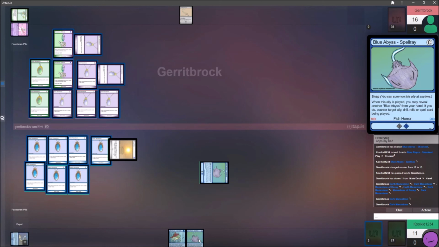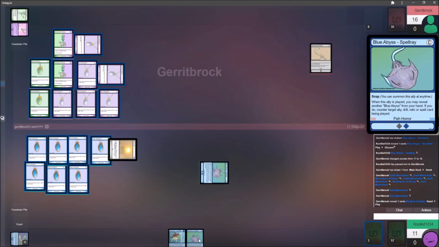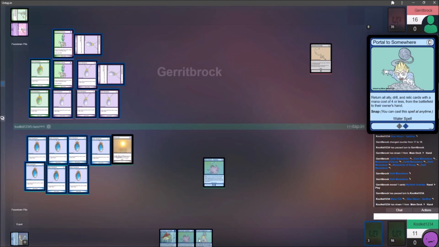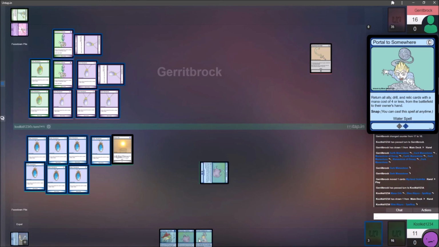So, here comes the Scimitar. I'm guessing Kool Kid is just going to counter it. Nope, doesn't counter it. That's fair. Portal to Somewhere. Okay, Kool Kid is starting to regain some of those tempo plays. The difference in mana between him and Gerrit is starting to be closed with that mana orb. He now has Portal to Somewhere in his hand, which can board wipe if Gerrit gets out of hand, and